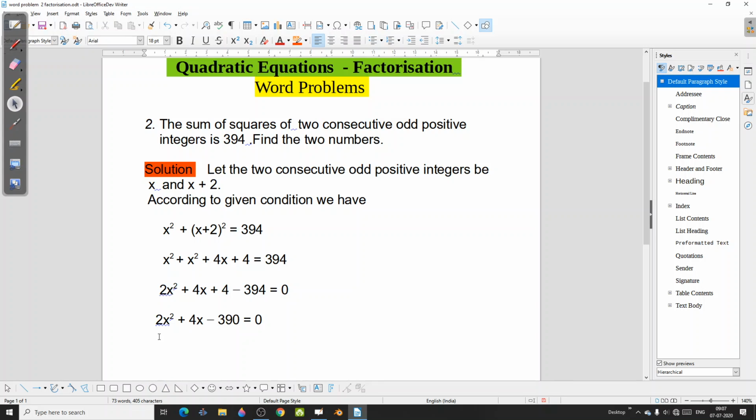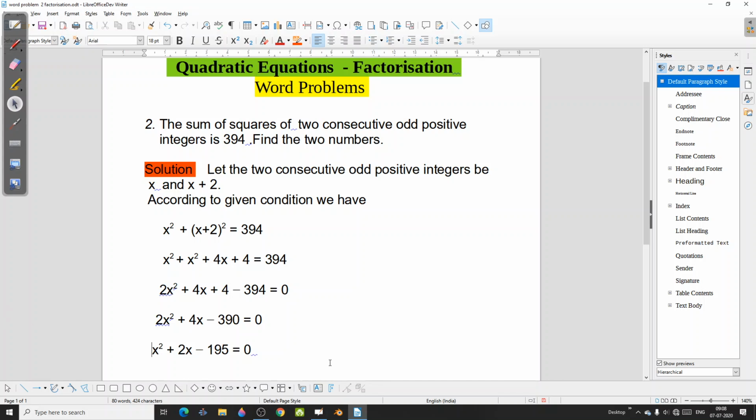we will get x square plus 2x minus 195 equal to 0. Now we will multiply a and c here. What is a here? That is the coefficient of x square, that is 1. The constant term is minus 195. So minus 195 into 1 will give us minus 195 itself.